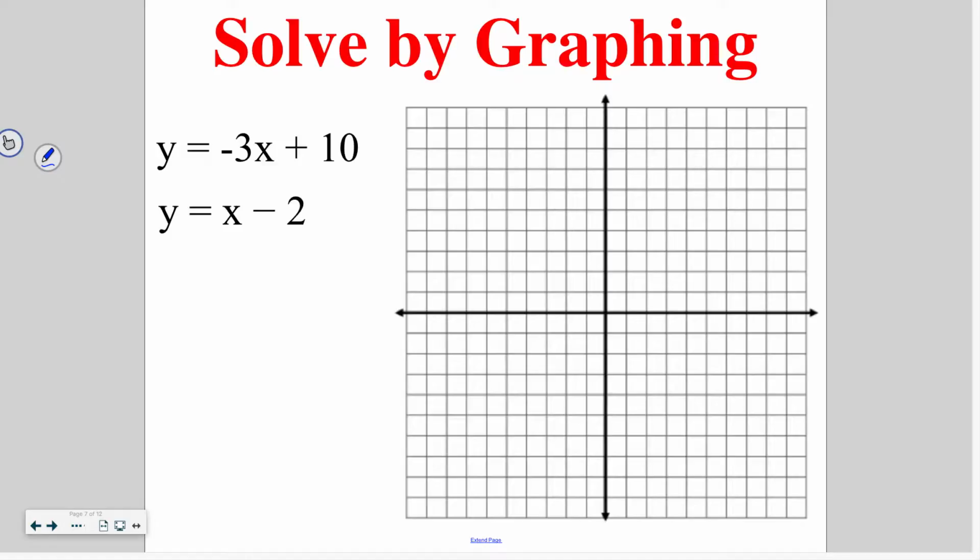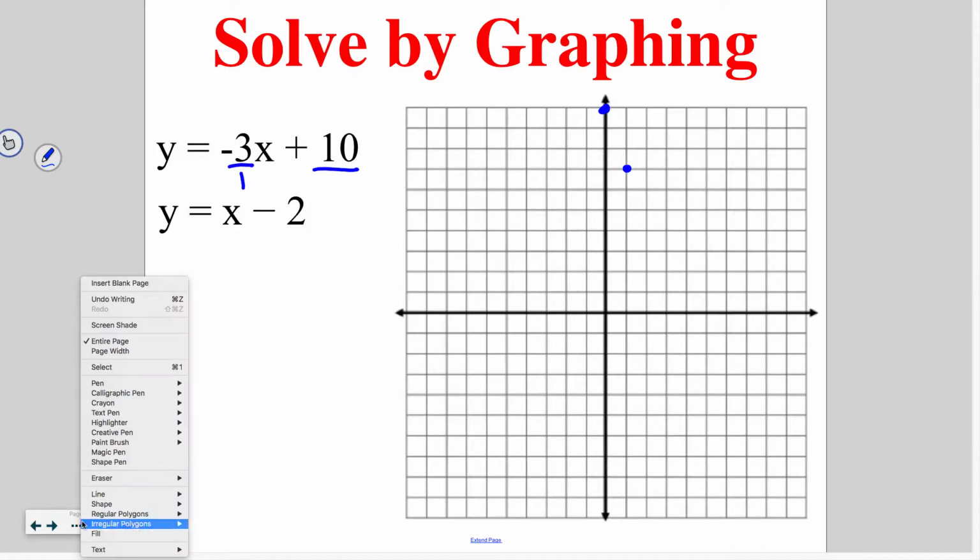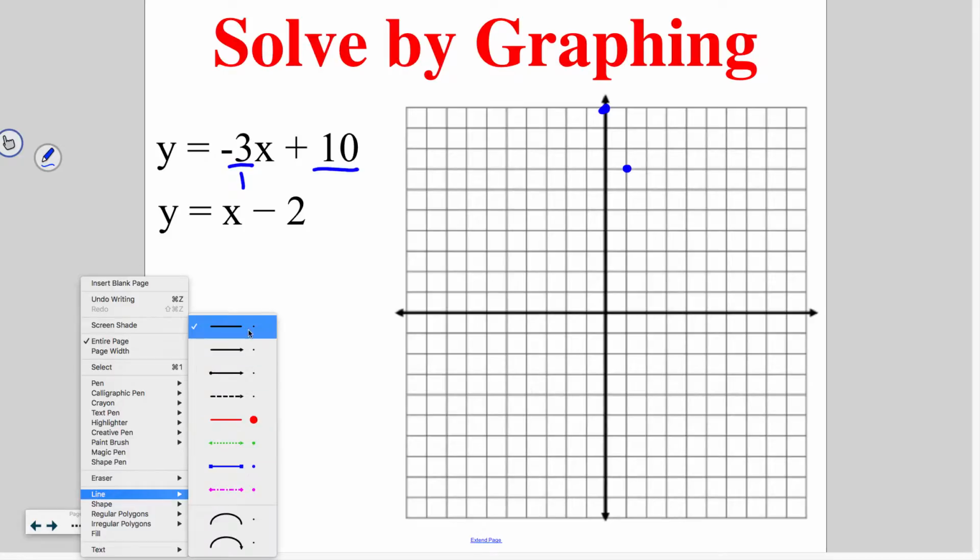Then there are some times where it's not going to give you the graph, so you are going to have to graph it yourself. Remember, when we are graphing, we want to look for y equals mx plus b format. These equations both already have that format, so we can start graphing. We start at our b value, which is 10, and then we use our slope, putting it over 1 to turn it into a fraction. We go down 3 and right 1. And then you are going to draw in your line,